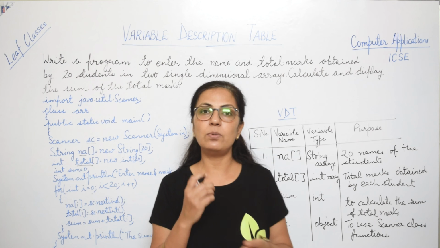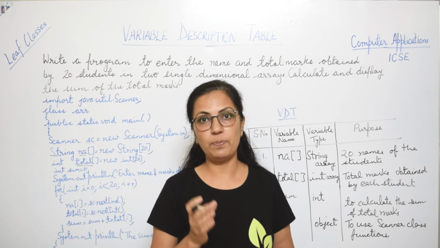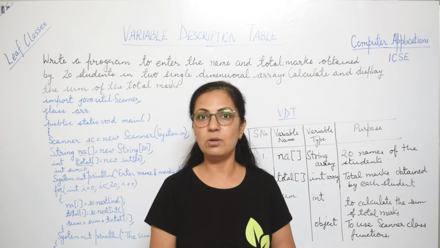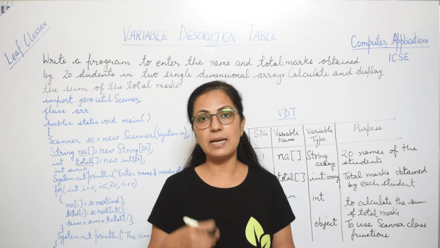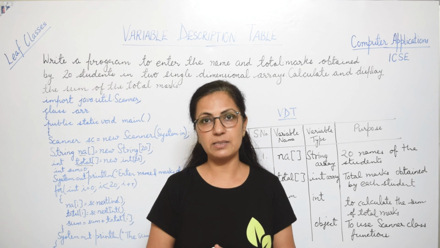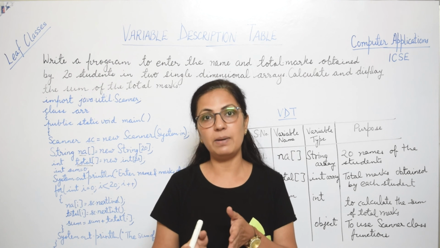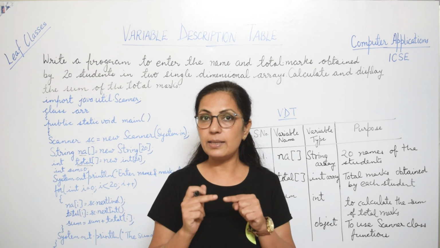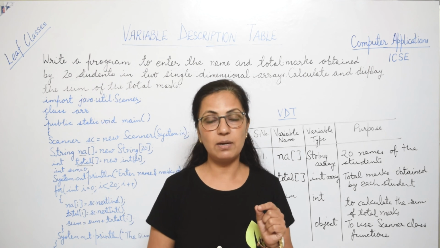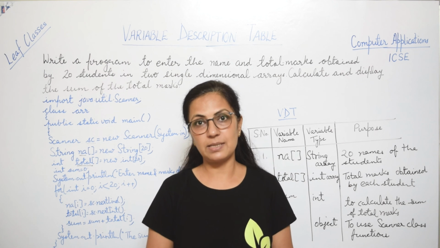Children, here I would like to advise you, when you are practicing programs, any program which you practice in your notebook, please write the variable description table also, because then it will come to your practice and you will not feel that you are doing anything extra. The question, meaning the program and variable description table together, form 15 marks. In section B, each question carries 15 marks, and that includes the program and variable description table. So I suppose it is clear to all of you.